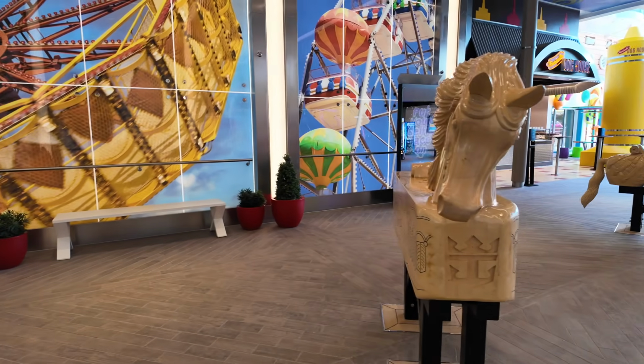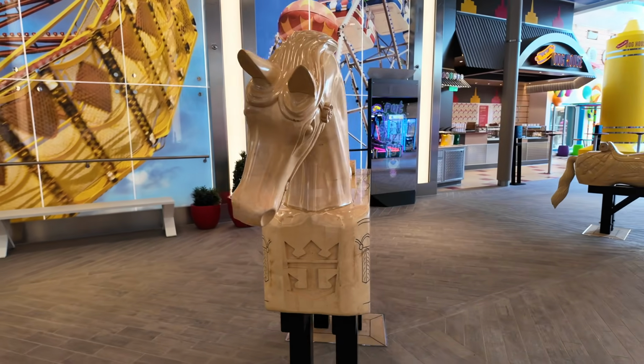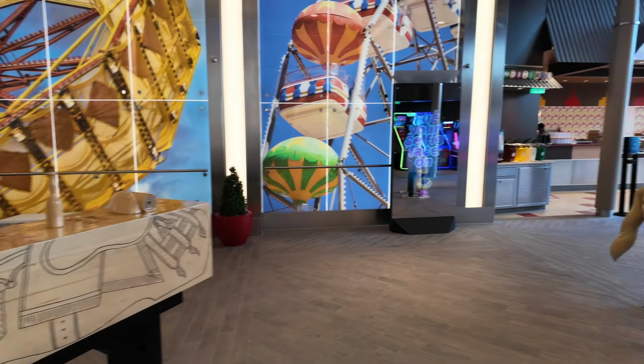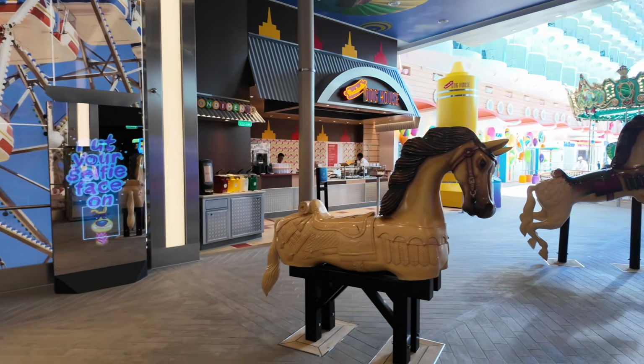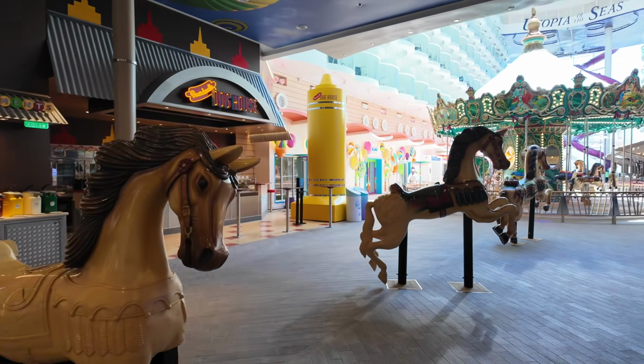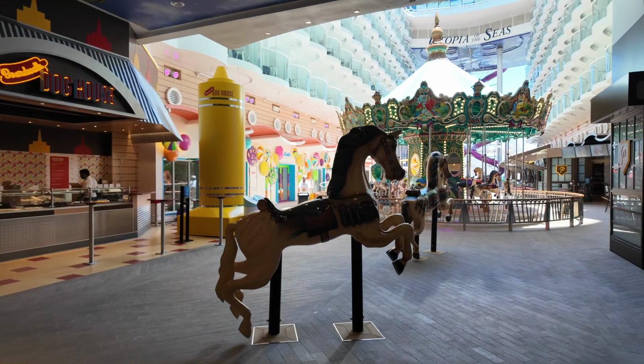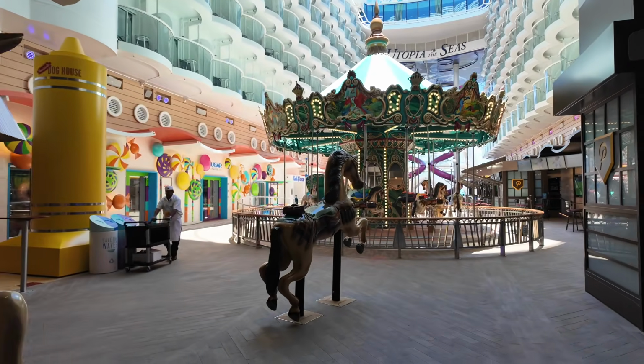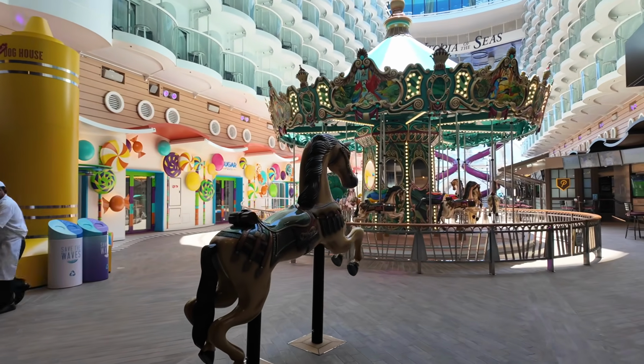And then we go to the next iteration. You're starting to see some of the styling, the Crown and Anchor logo. Then a little more detailing. Then legs. And then you have the final product here. Seemingly ready to leap